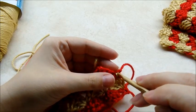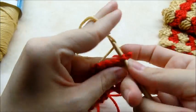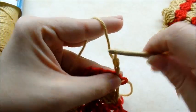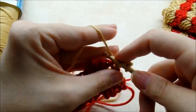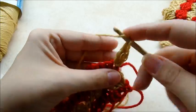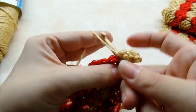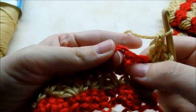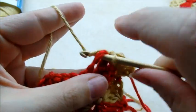Right in it. Start off with the chain 3. Go back into the same space and put 3 double crochets. 1, 2, 3. Jump over here to this chain 3 space, single crochet,